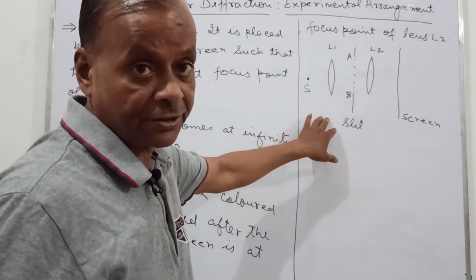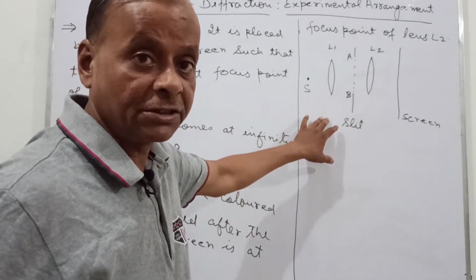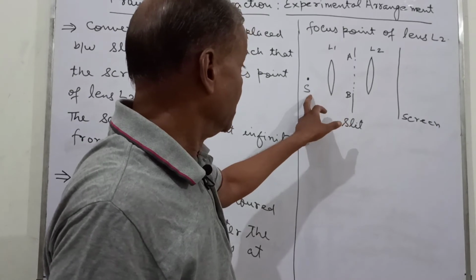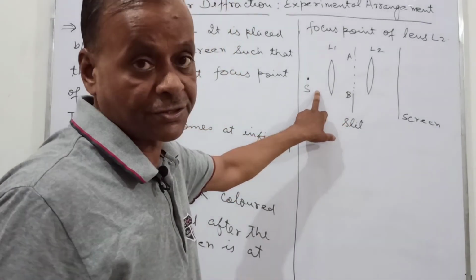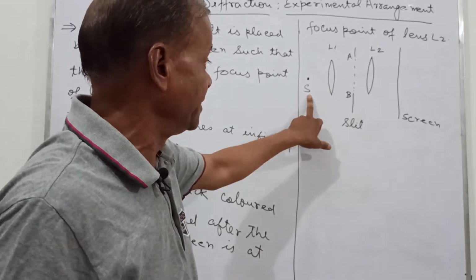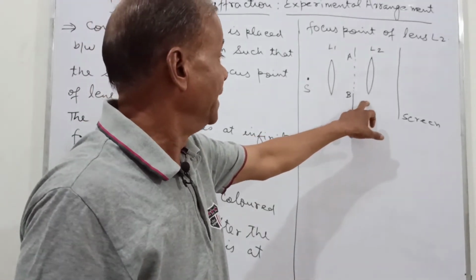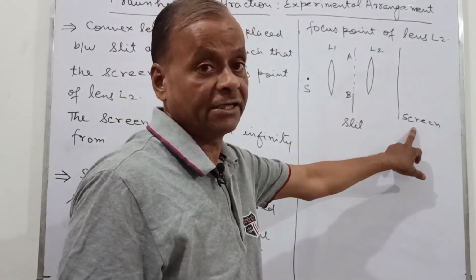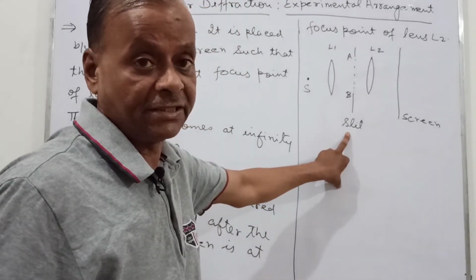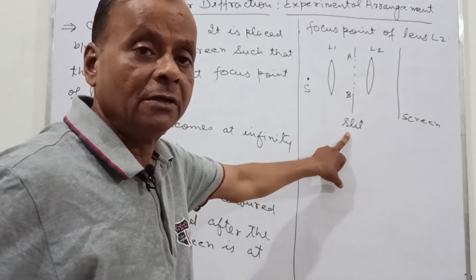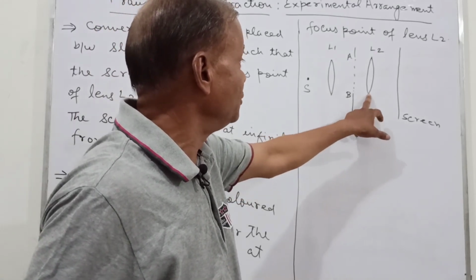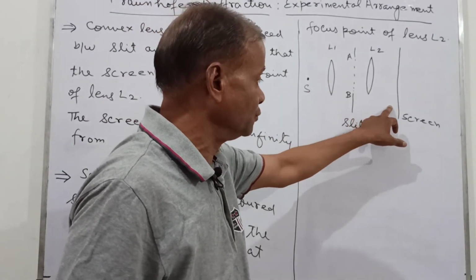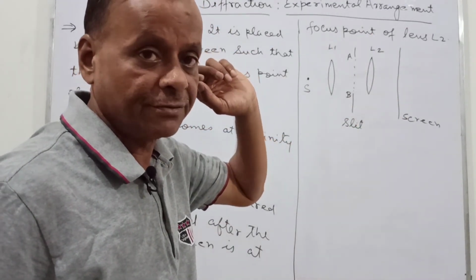Since in Fraunhofer diffraction, the light rays are parallel to each other, the wavefront is the plane wavefront. So this source is placed at the focus of this lens, so that it is at infinity with respect to the slit, and also this screen is at the focus of this lens L2. So this screen is at infinity from the slit, as these are the conditions required for Fraunhofer diffraction. This lens L2 is very close to this slit AB. So this distance is approximately equal to the focal length of the lens.